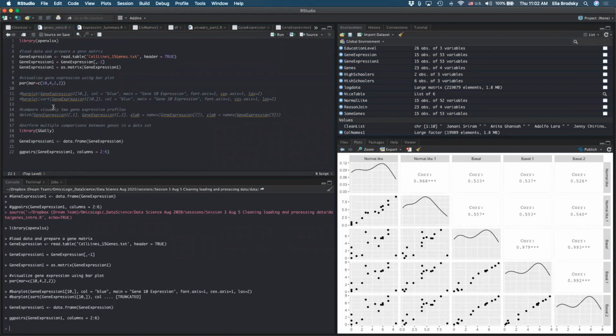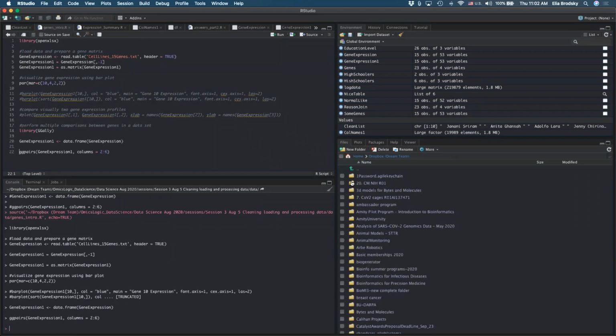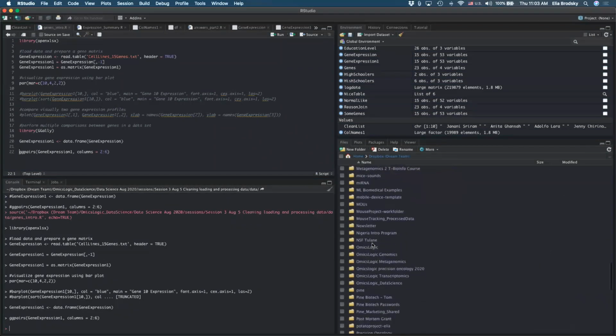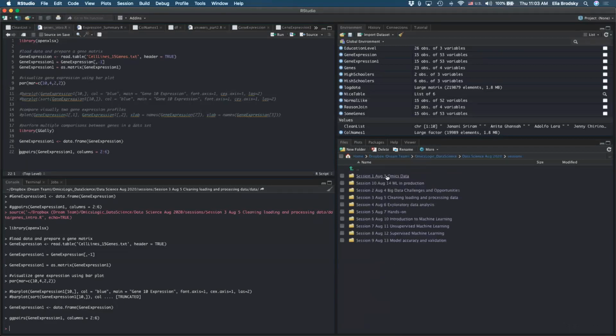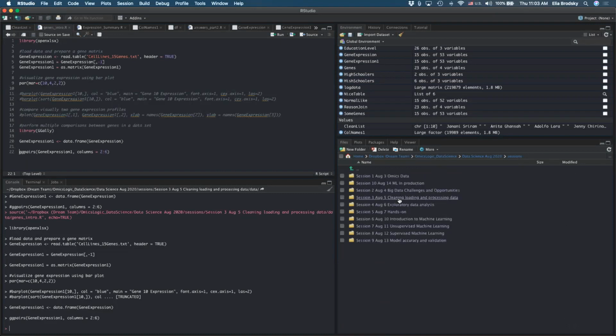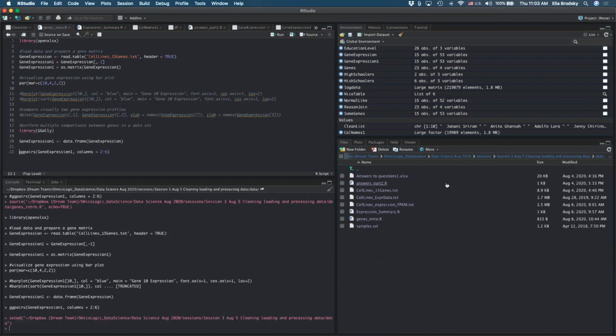Yeah, how can you change your working directory? You go to Files right here, and you navigate to whatever place you want to be. Like, for example, this is all of my stuff, and I want to go to OmicsLogic Data Science, and then I want to go to my sessions, and then here I have session 3, I believe, is where I have all of my stuff. No, session 3, data. And now I have all of my files in here. I can go to more and set as working directory.